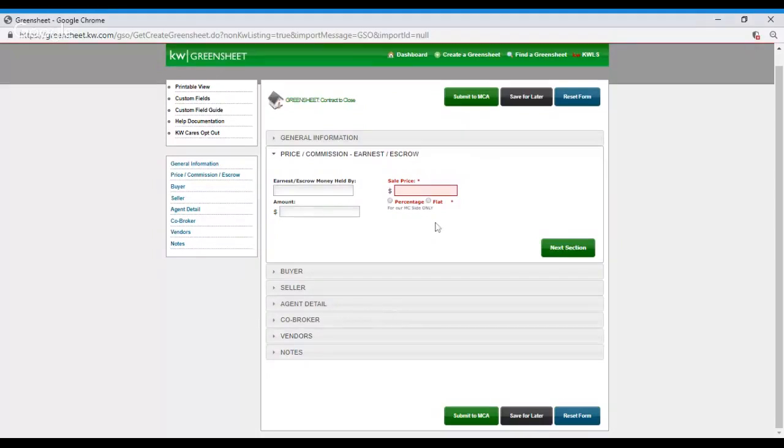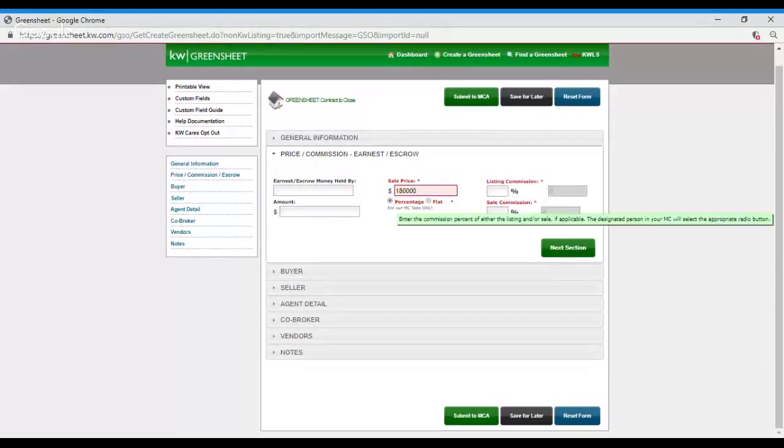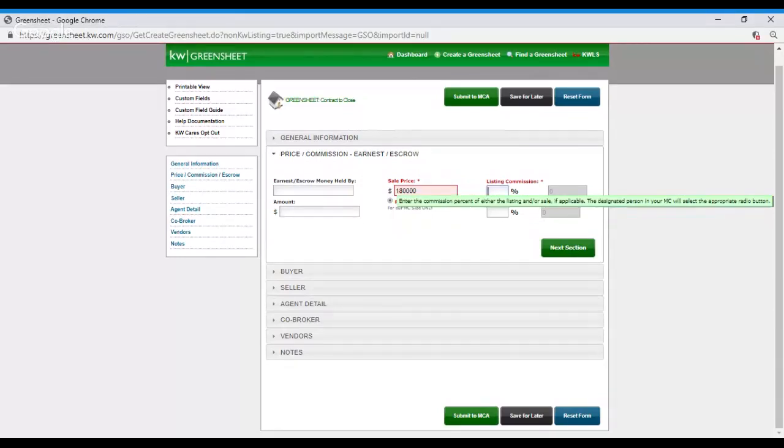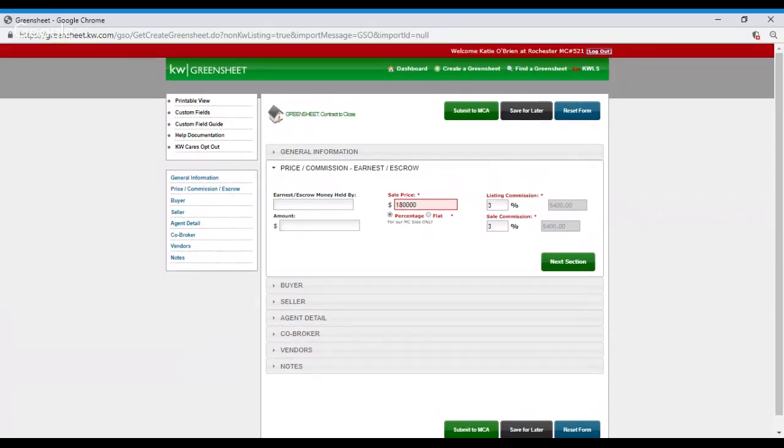So you'll fill out your sale price here, and then choose whether the commission is going to be a percentage or a flat rate. And then once you do that, it's going to open up two different boxes here. So you'll fill in what the listing side commission percentage will be and what the sale side percentage will be. And then once that's completed, you're going to fill out buyer detail, seller detail, and then down in the agent detail section,